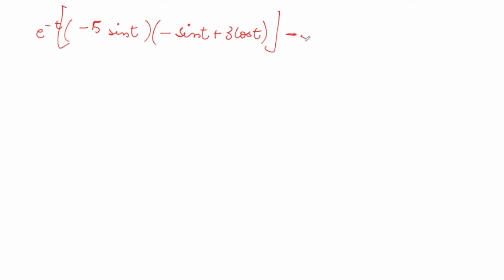Okay. So when I apply that operation, I'll write e to the power minus t into minus 5 sin t minus 5 sin t into minus sin t plus 3 cos t. Right? Then negative of minus of what? 5 cos t into minus cos t minus 3 sin t. And when I solve all of it,